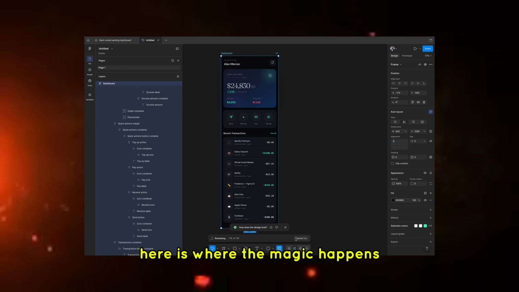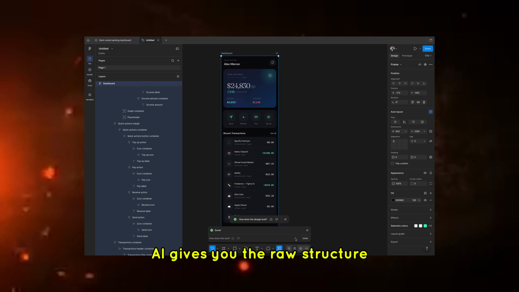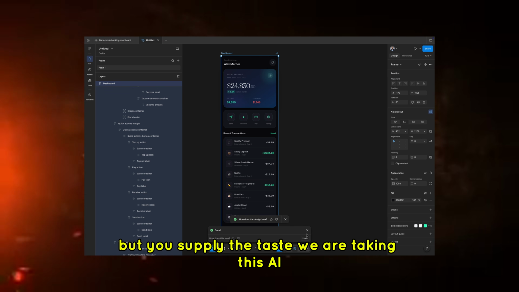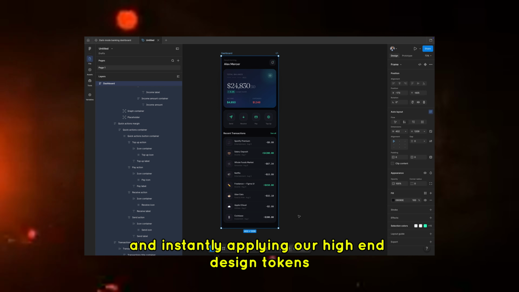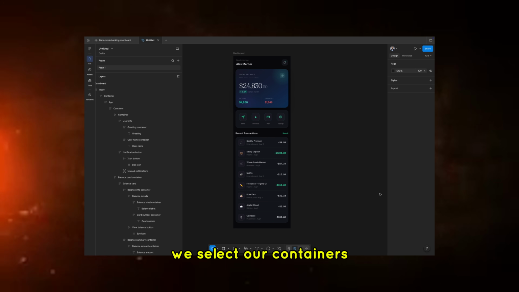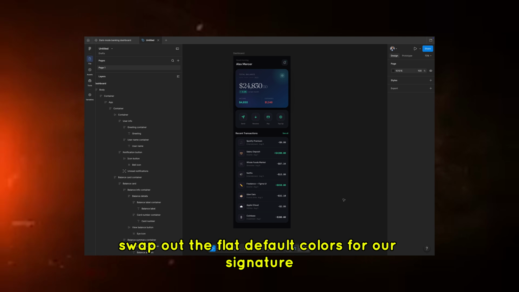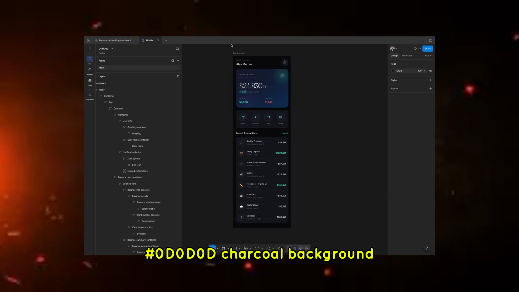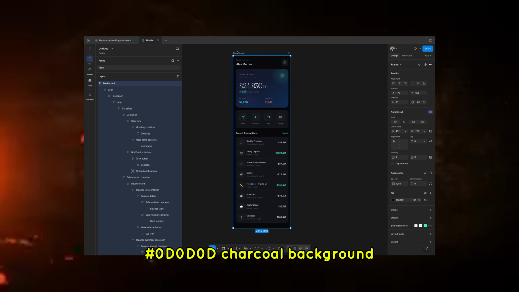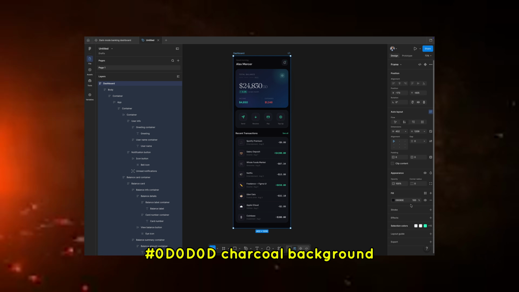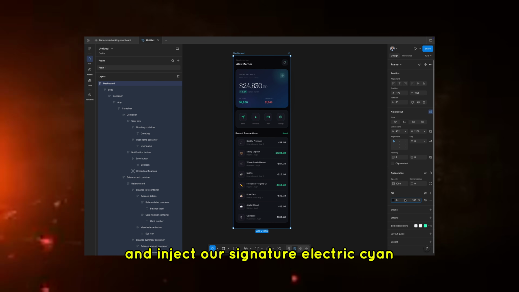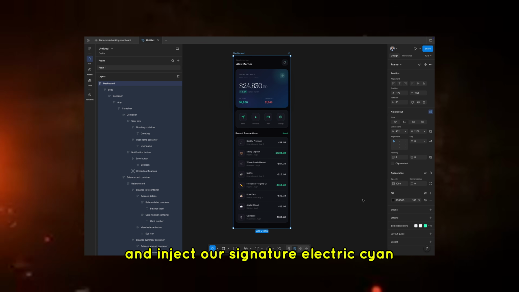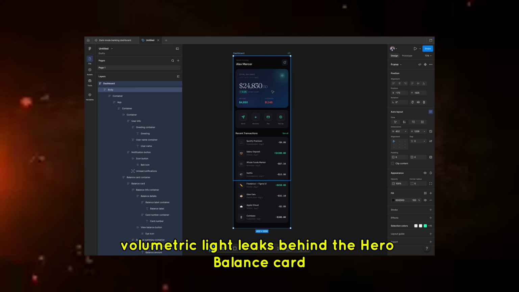Here is where the magic happens. AI gives you the raw structure, but you supply the taste. We are taking this AI-generated base and instantly applying our high-end design tokens. We select our containers, swap out the flat default colors for our signature hash 0D0D0D charcoal background, apply our 0.5 pixel glass strokes, and inject our signature electric cyan volumetric light leaks behind the